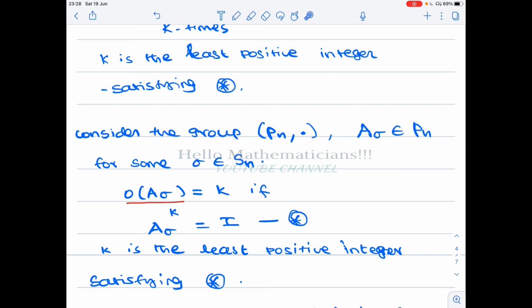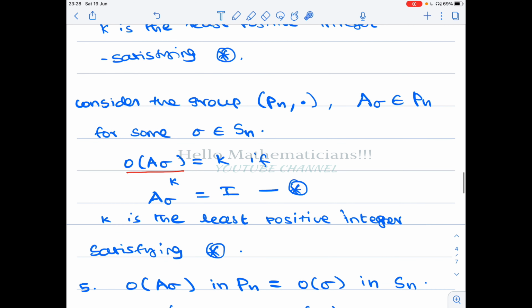Now, elements of Pn are n by n matrices satisfying some condition. For matrices there is already one order. It is an n by n matrix, meaning we call n the order of the matrix. Now we are looking at the matrix inside a group, and in the group we are talking about the order. So that is the order of the matrix inside the group. Two different things, but I hope the definitions are easily distinguishable.